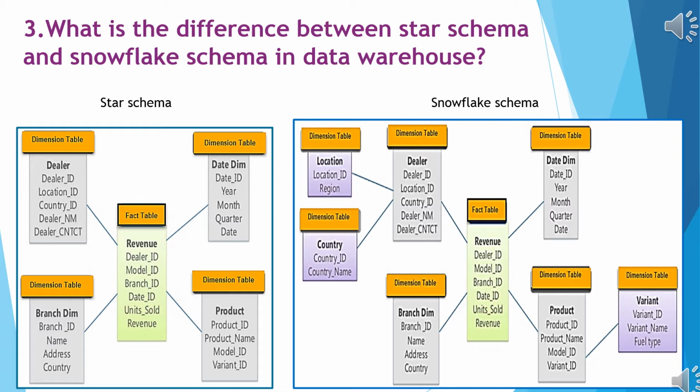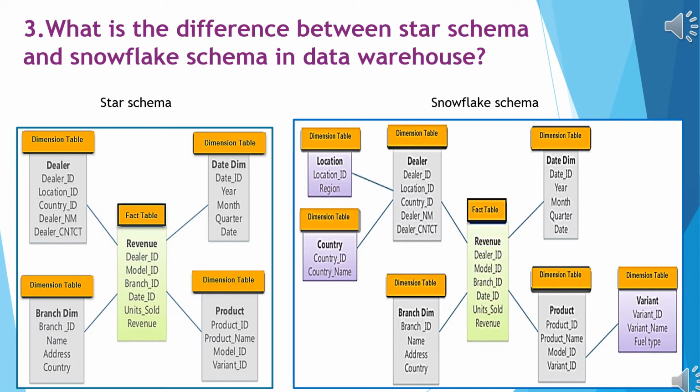The splitting of dimension tables into different multiple dimension tables is called normalization. Why we go for normalization means if you have any data redundancy or duplicates in the data, then we are going to split the data into different dimension tables and connect them with one dimension table.